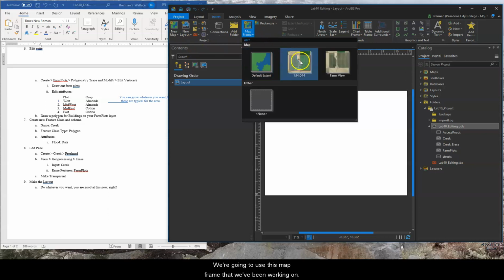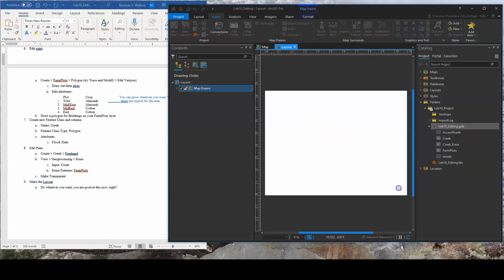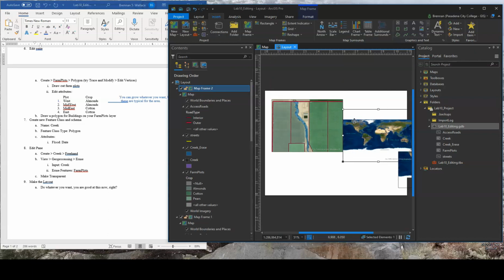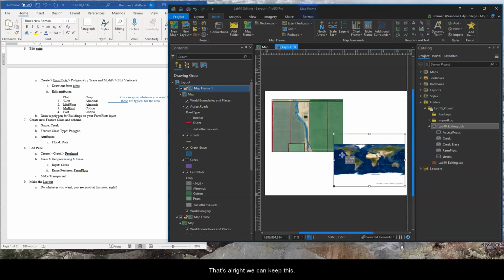We're going to use this map frame that we've been working on. Dragging it there to there. Oh. Huh. Wow. I guess I double-clicked. That's alright. We can keep this one